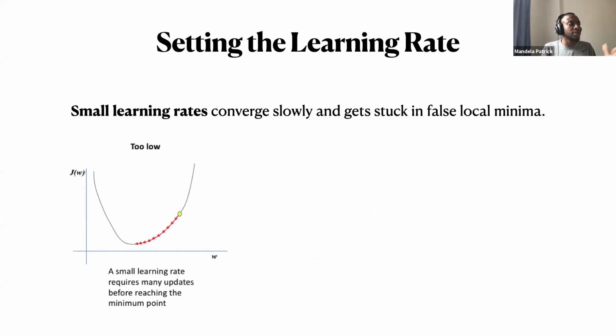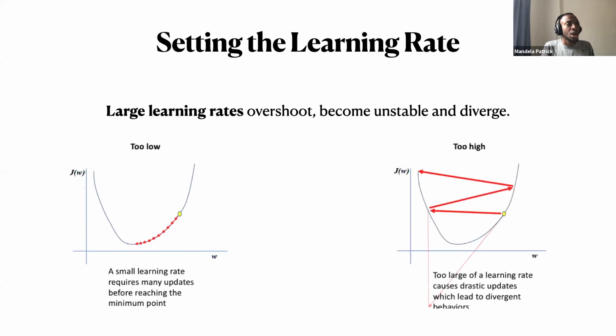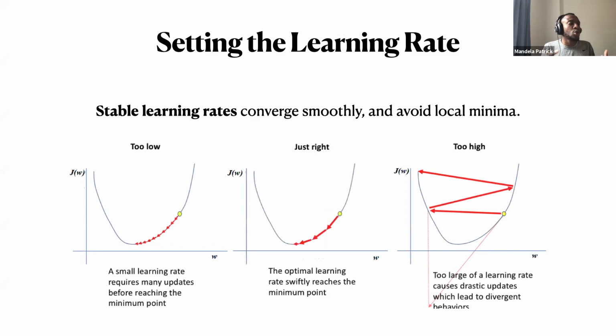If we set a small learning rate, we're taking very cautious steps. Imagine you have a very long hike and you're taking very tiny steps; it's going to take forever to reach the point you want to reach. However, if you take massive steps, you just go on a whim and end up all over the place, and you mightn't reach the destination you're looking for. While if you choose the right learning rate, you quickly, but also efficiently, end up at the point you want to end up.